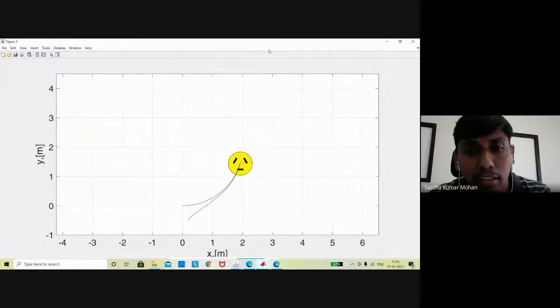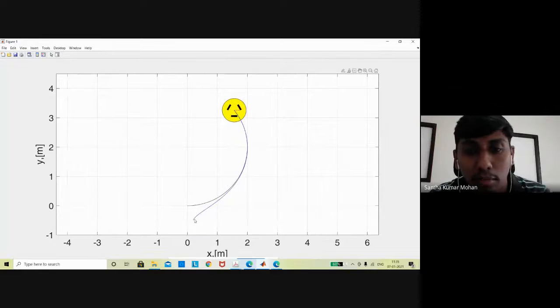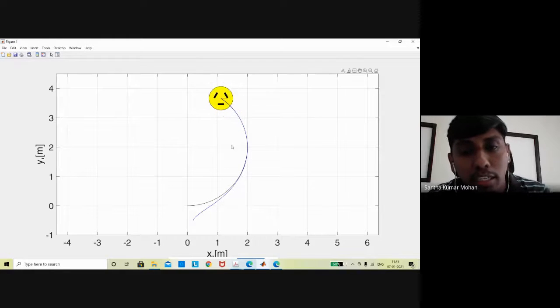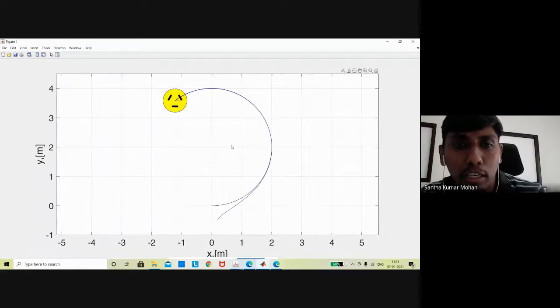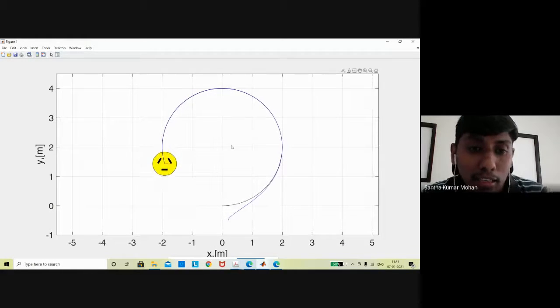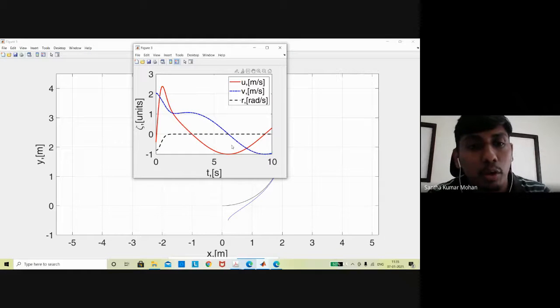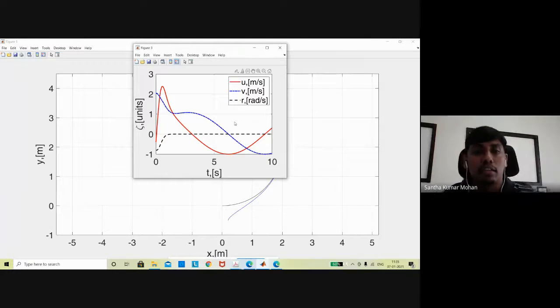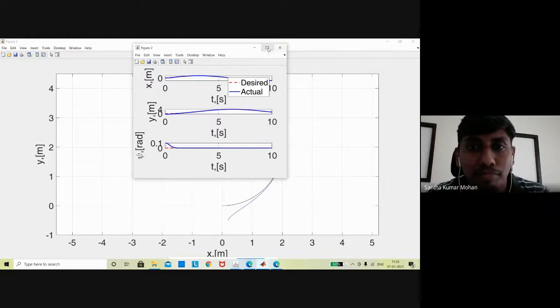You can see the vehicle initially has a non-zero initial error, but after some time it has converged to the desired profile, right? So this is simple proportional control only; we have not done anything further. We have maintained the orientation of the vehicle at 0, right? Initially the vehicle orientation is at something like negative 45 degrees, but it is maintained. All of this we can see explicitly.